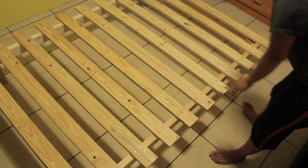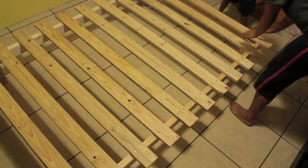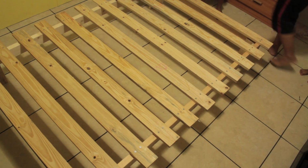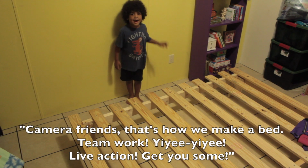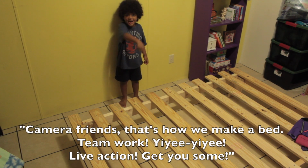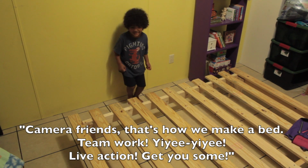And there it is. It's perfectly level. It doesn't shake. Man, we did a good job, guys. We can sleep on it. No, we gotta get the mattress. The mattress is coming tomorrow. Camera friends, that's how we make a bed. Teamwork. Wow, actually,